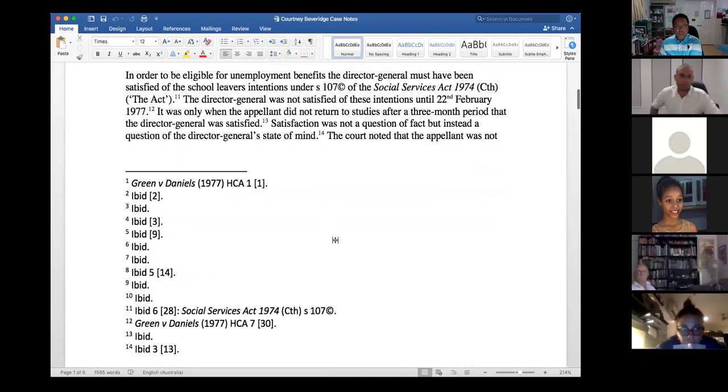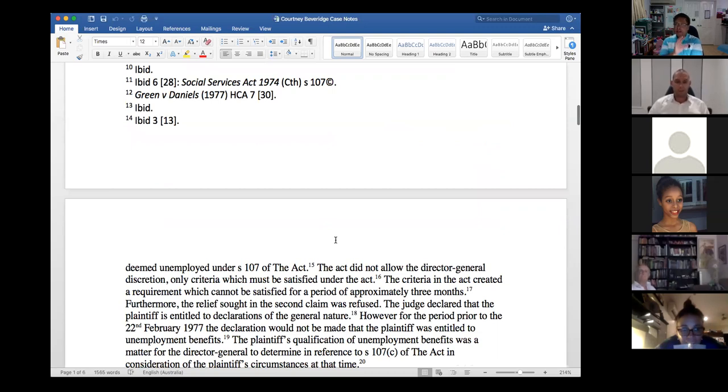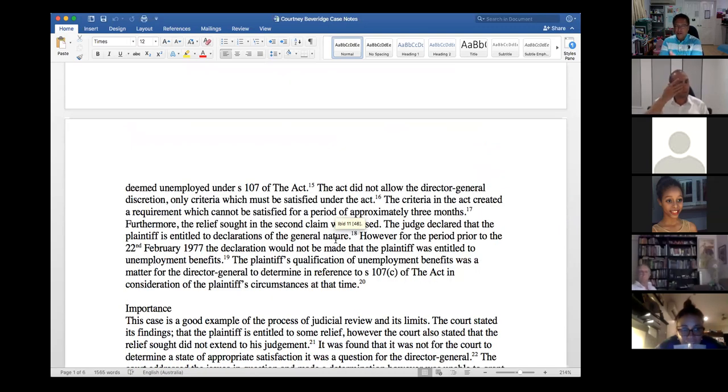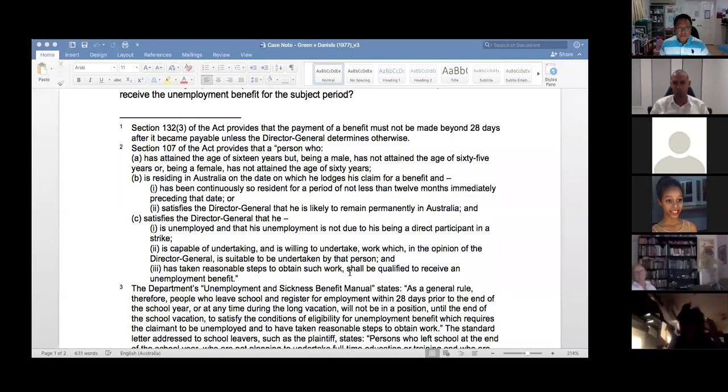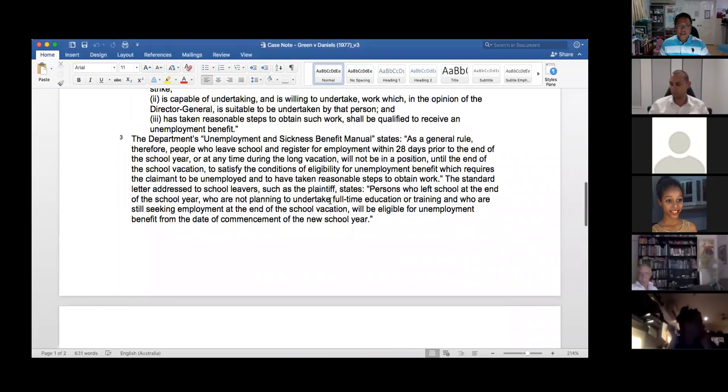The court noted the applicant was not deemed unemployed. It's still so much about a finding of the court, still about the decision. It doesn't tell us what the relevant rules are. The legal principles were not really discussed here. So by reading this, there is not much that we could get from the viewpoint of understanding administrative law. There's a big problem there. I'll show you the one I wrote. Okay, so what I did was,